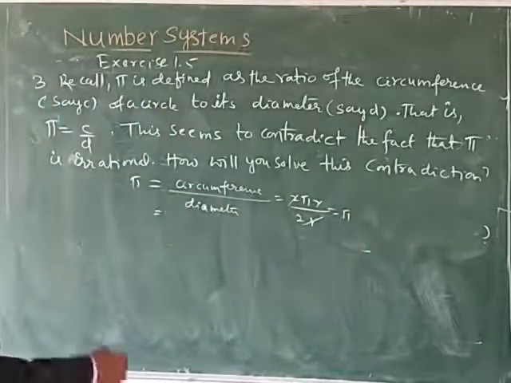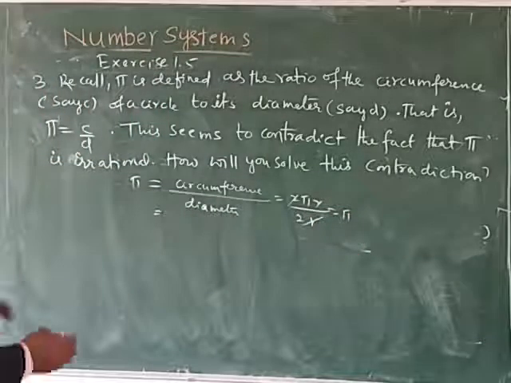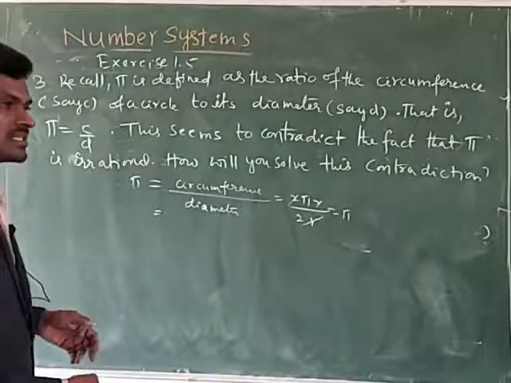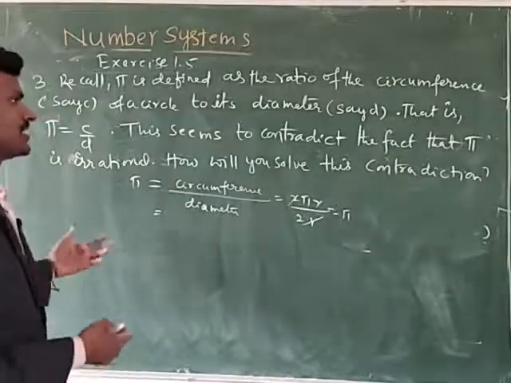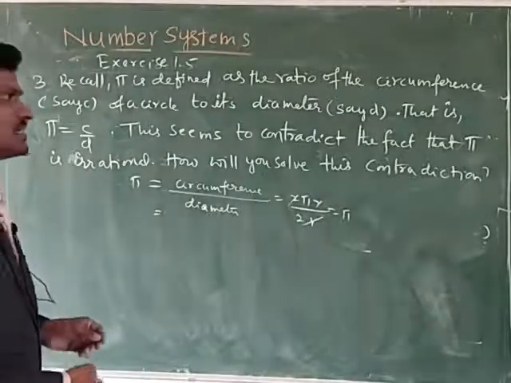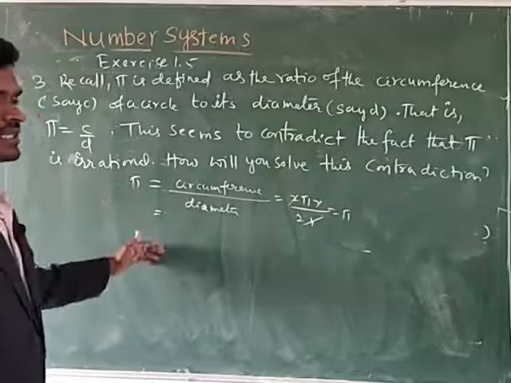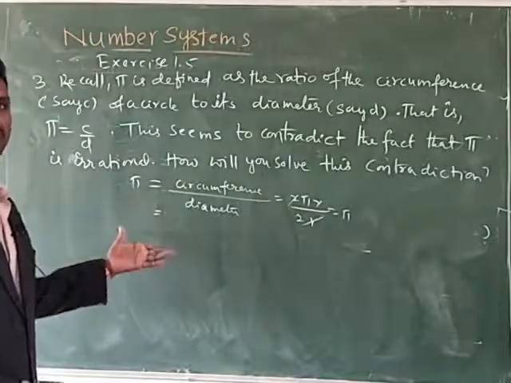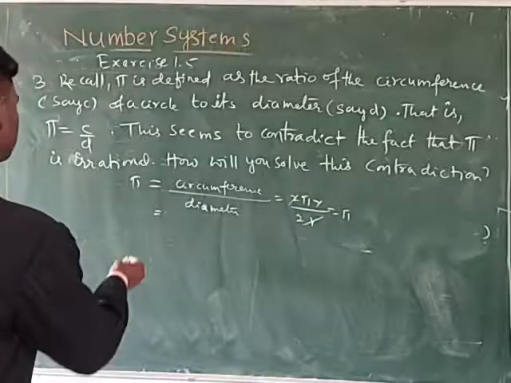You have to define it like this, but actually when we measure the length of a line using a scale or any device, we will take the approximate value only. Then here c and d are irrational, therefore c by d is also an irrational number. That's why there is no contradiction of pi being an irrational number. Right? You have to write it like this only.